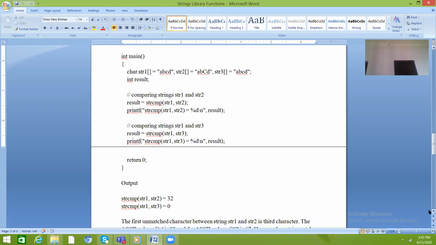The value that comes in the output is 32. How is it 32? Because the ASCII values are compared. Small c has ASCII value 99, and capital C has ASCII value 67. So the difference is 99 minus 67, which is 32. So 32 will be the answer when we compare these two strings.